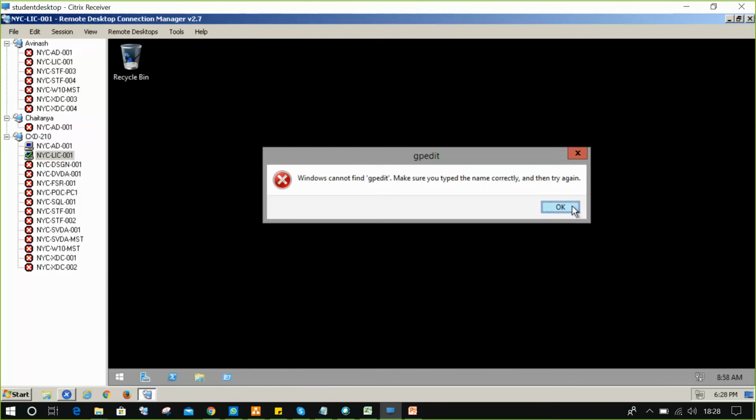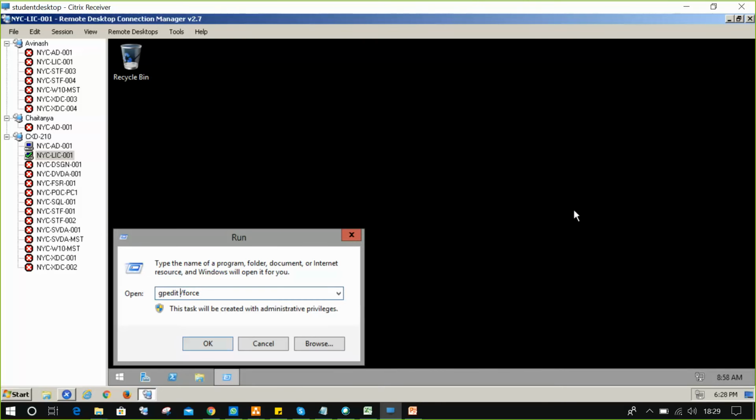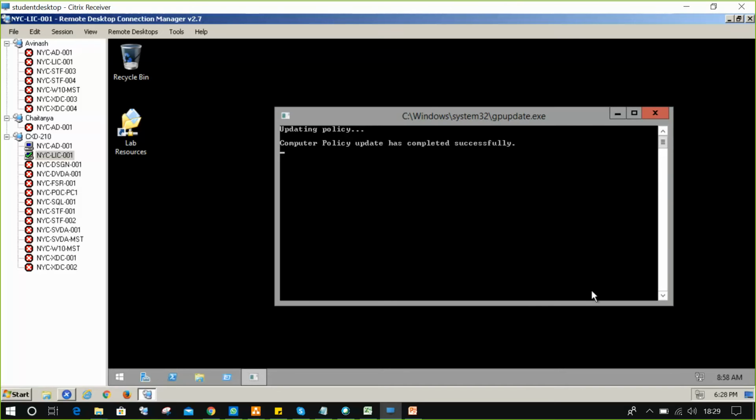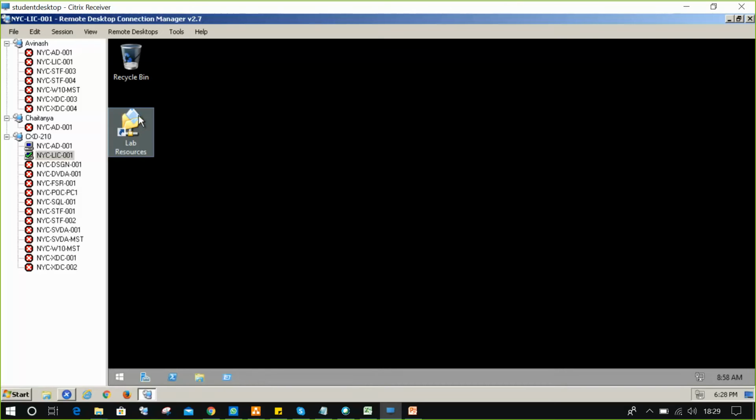Sorry, not gpedit, gpupdate. So the policy is applying now. Immediately we got the lab access, lab resource folder.